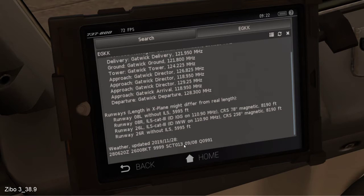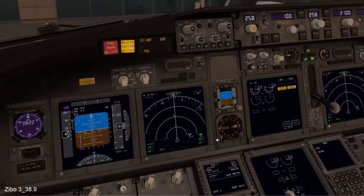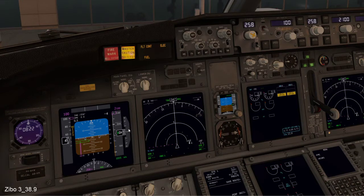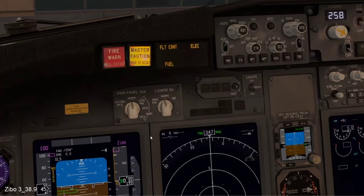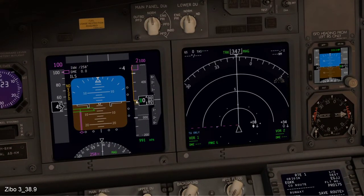Good visibility, scattered clouds, and the QNH here in the UK hectopascals 0991. So we can put that information in straight from the start. So we can run this, which adjusts our QNH 0991. As you can see, as I wind it down, this represents ground level and is coming up to meters here, 991, and you can see that the aircraft altitude and the ground level coincide, and a 192, which is the airfield's elevation above sea level, is there,